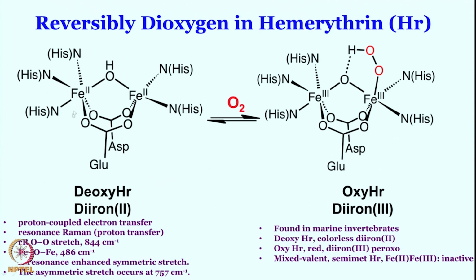You see 2 iron centers bridged by glutamate and aspartate and hydroxo, and this histidine ligand, unsymmetrical ligand, these are beautiful, right. We have seen earlier the spectroscopic features and everything, but let us look at some of the chemistry that can be done by these non-heme iron centers. Of course, not exactly these centers, but these are non-heme, right, because the porphyrin ring is not there. So, these are non-heme centers.